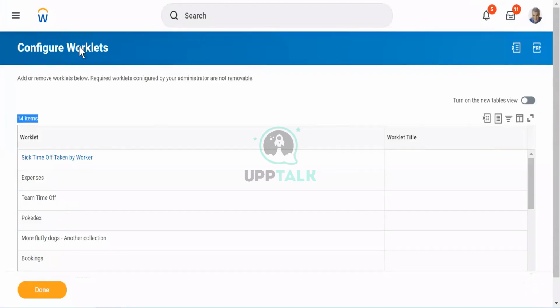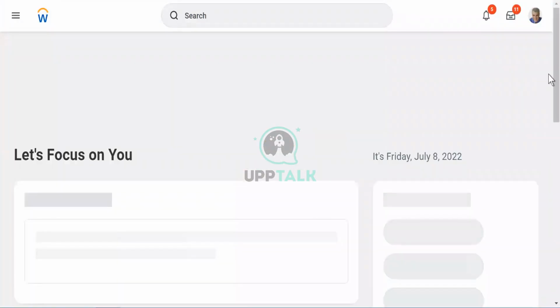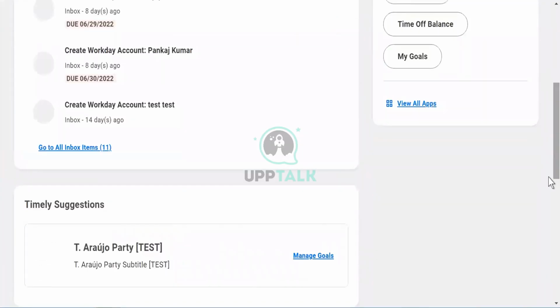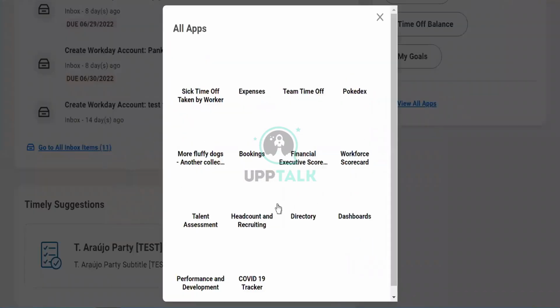Now, the maximum number of worklets that you can add is 20. You cannot go beyond it. That's the maximum number. Applications in Workday are basically called worklets. You see this View All Apps. When you click on it, you will see the applications which are there. And all these applications are basically